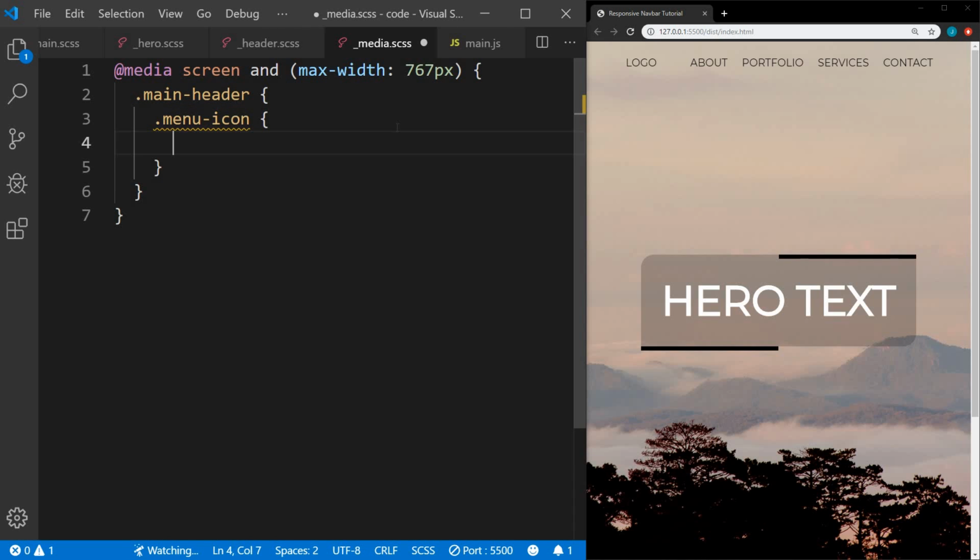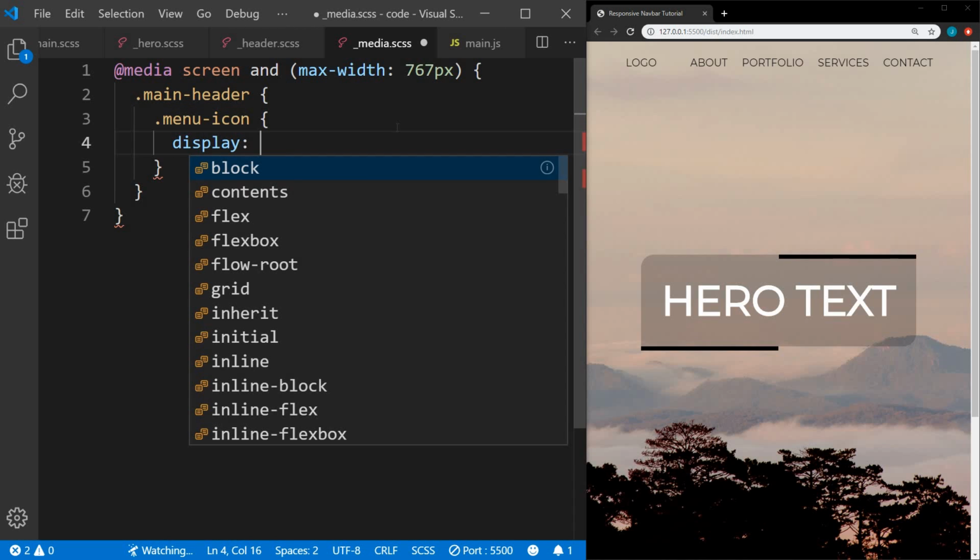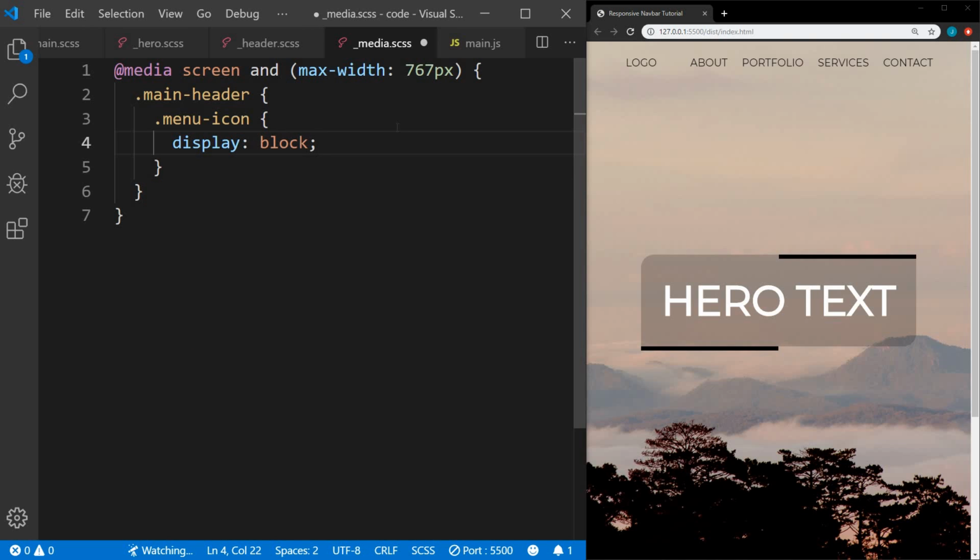All right, within the menu icon, we're going to display this as block. Initially, we had set it to none. Then after that, we're going to look at our Nav Links. And so Nav Links is our UL, basically in our Navbar, it's our UL. And we want to turn this into a full page mega menu. So we're going to set the position on this